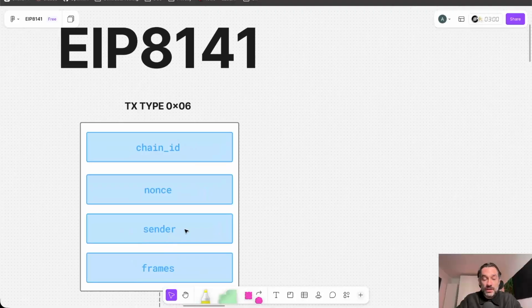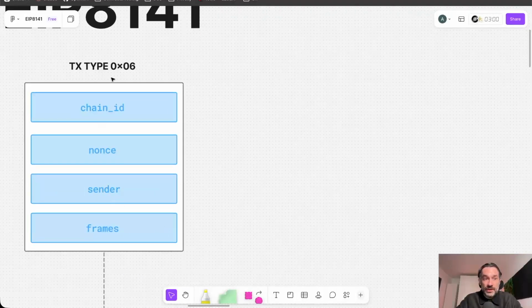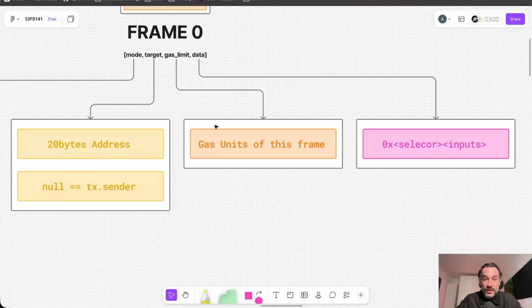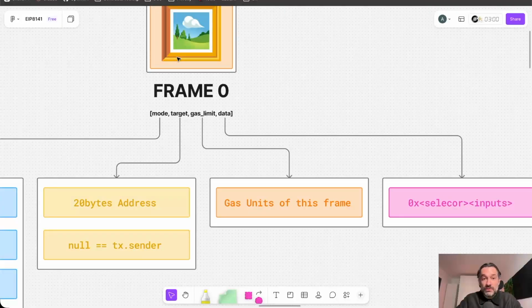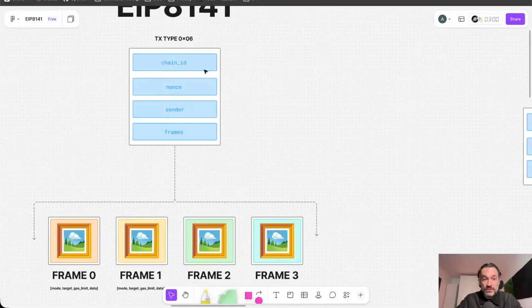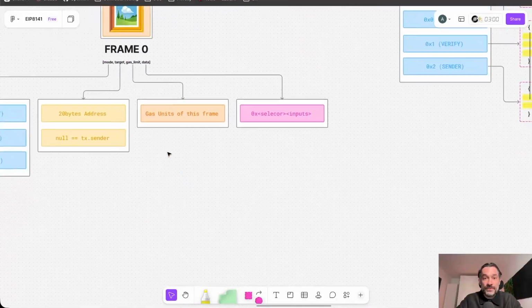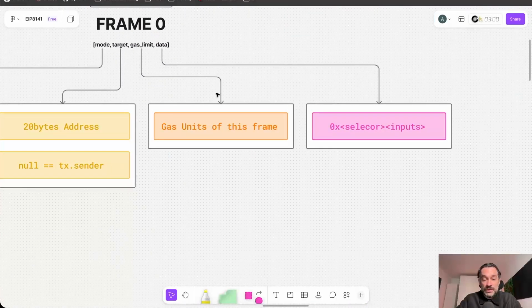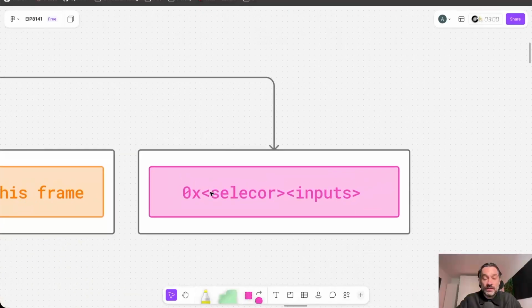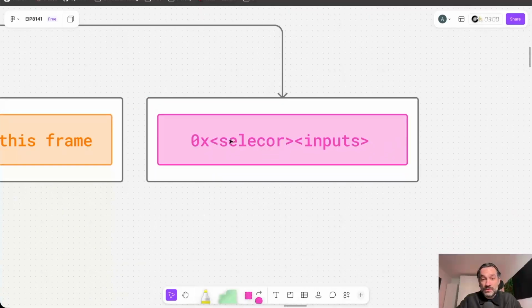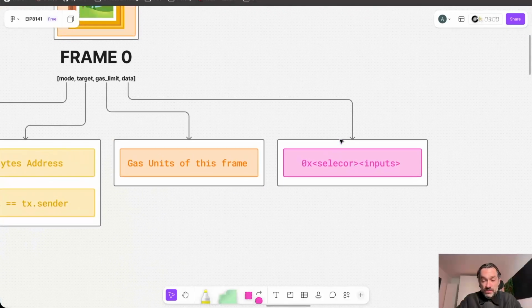Then we have the gas units of this frame, so we need to allocate the gas units that the frame will consume. And data is the regular call data